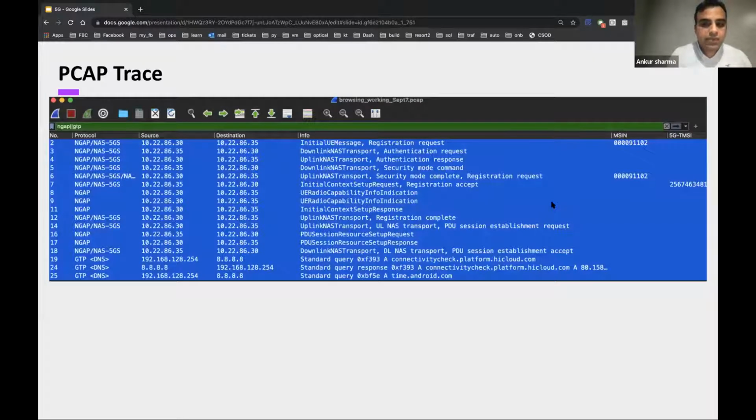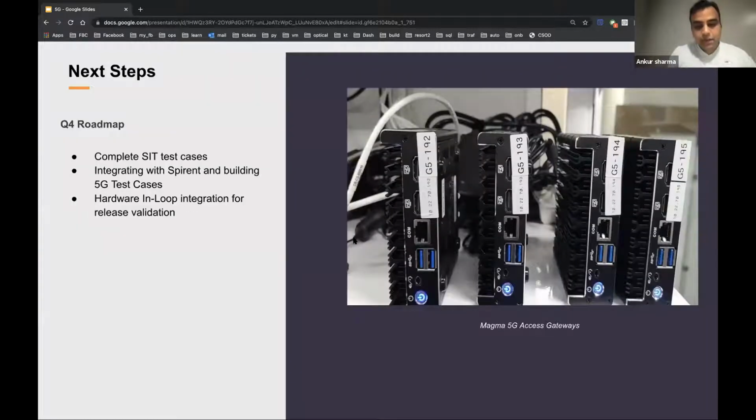Here is a PCAP trace from the same session, highlighting different control plane messages going between the AMF and the CU-DU unit, and some of the DNS queries coming from the UE side of the house. So as you can see, in this setup we have used a physical setup to test out